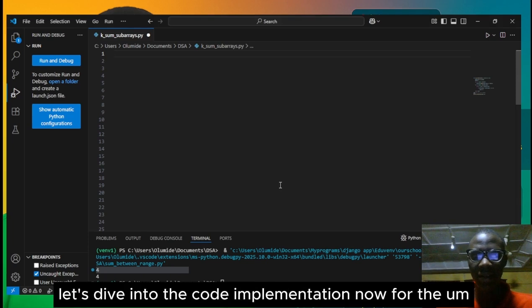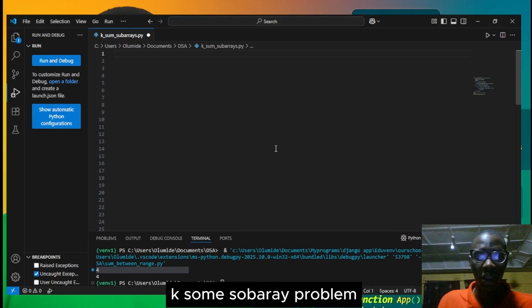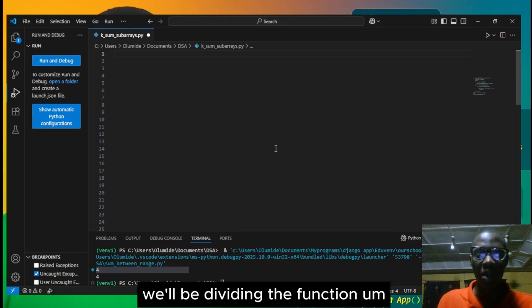Alright, let's dive into the code implementation now for the subarray sum equals k problem. We'll be defining the function